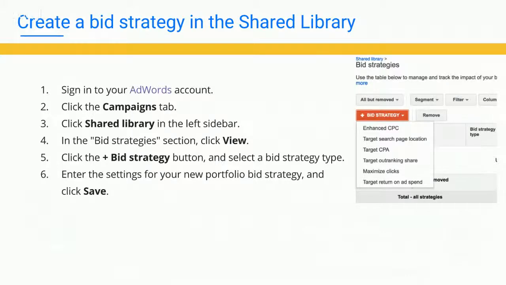Now, one thing that I kind of touched on that I definitely feel is really important is remember that these are bid strategies that need to learn. They're not going to come out running at the start of the gate. You're going to need to give them about 2-3 weeks to start to get to either that target CPA or that return percentage that you're looking for. So I would not go in and adjust them back and forth a lot during the first period. Set them and let them run for at least 2 weeks so that it has an opportunity to learn, collect that historical data, and figure out what's going to be best to get you what you want.